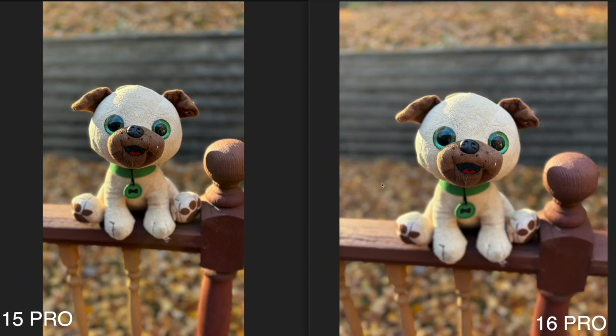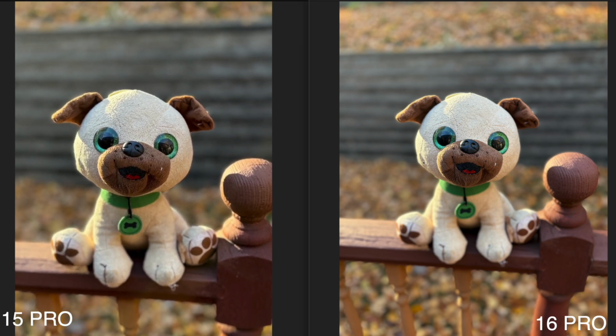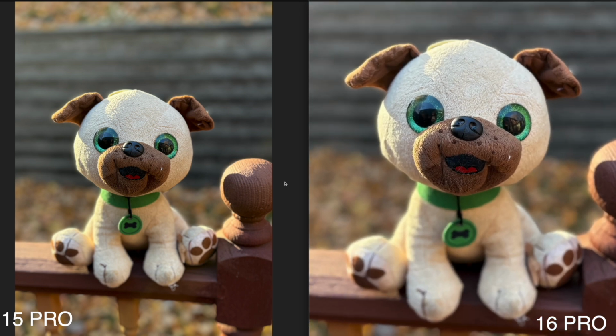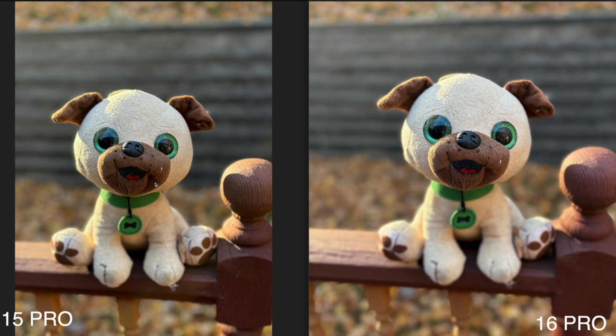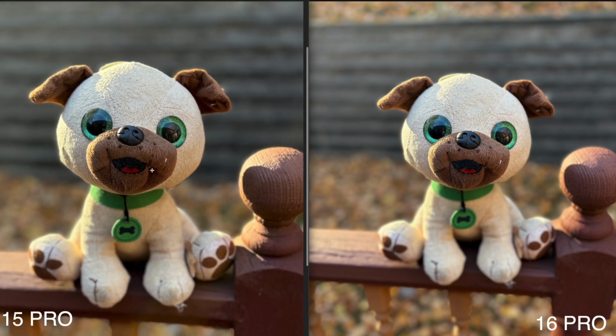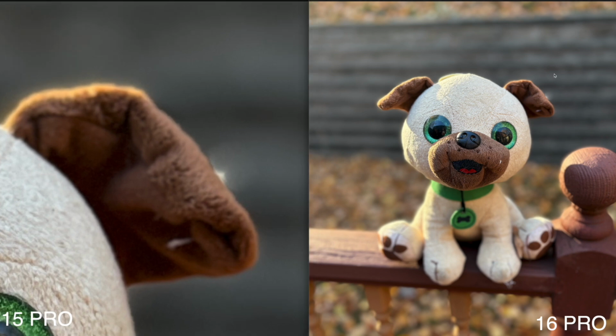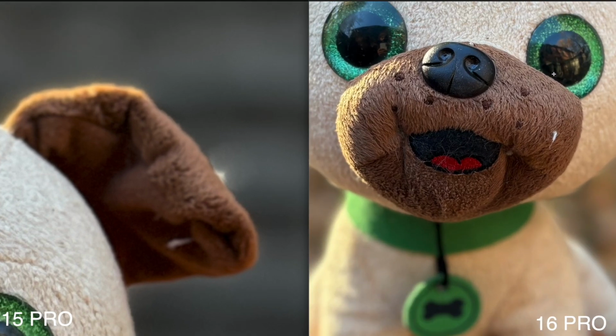Now, this next photo is of portrait mode. So this is portrait mode on both. When you're looking at both of these photos of this dog, from just backing up, it doesn't look like there's that big of a difference. They actually look more or less like the same type of photo. But when you start zooming in, and this is what I noticed last time, let's zoom into the ear. So if we zoom into the ear on both,